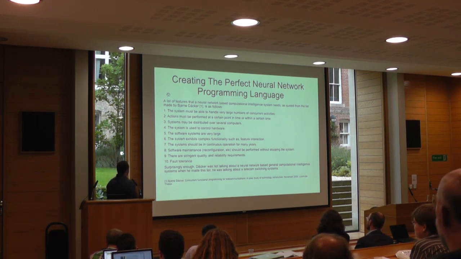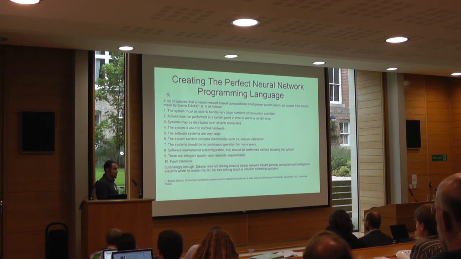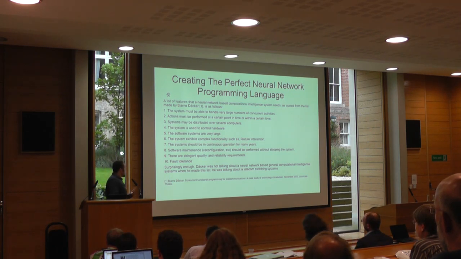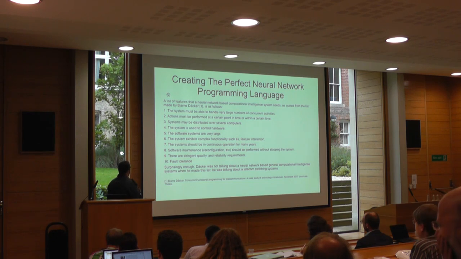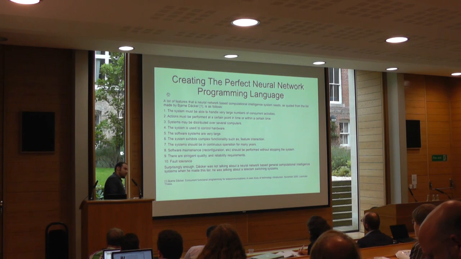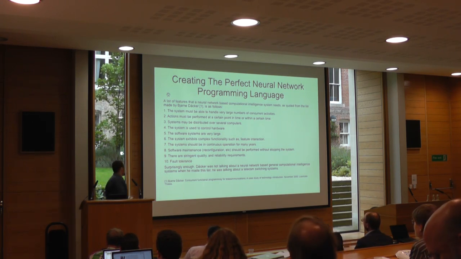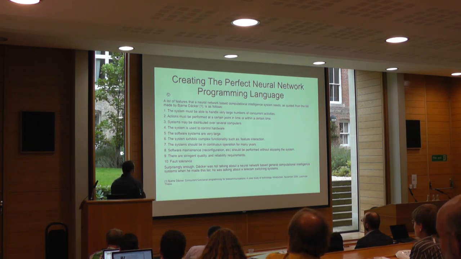Finally, the system is used to control hardware, because the applications of these computational intelligence systems are robotics, right? UAVs and so on. So it's important that this type of programming language can readily interface with hardware, so you can develop drivers. The software systems are expected to be very large in the future. Right now our neural networks are basically 100, 1,000 for certain applications, but we expect them to grow. The system must exhibit complex functionality,